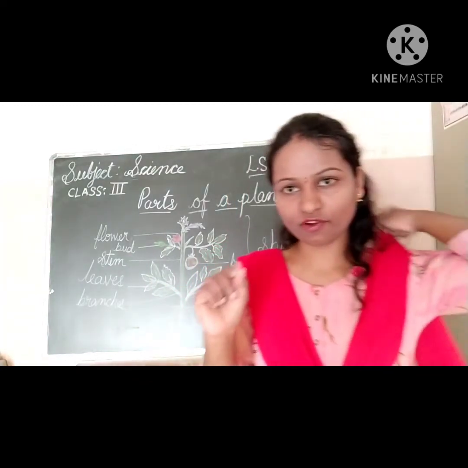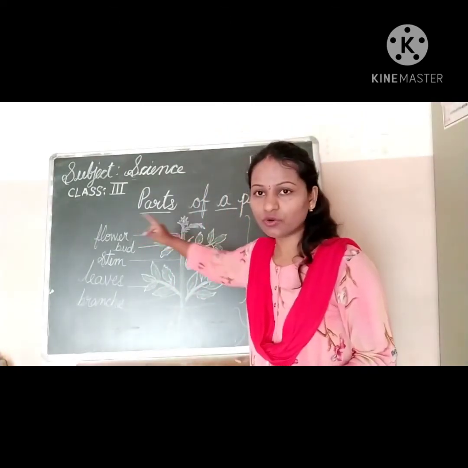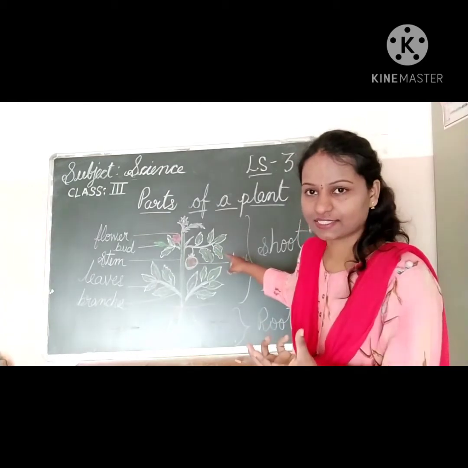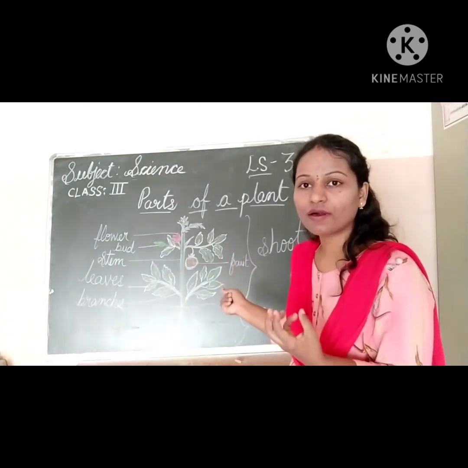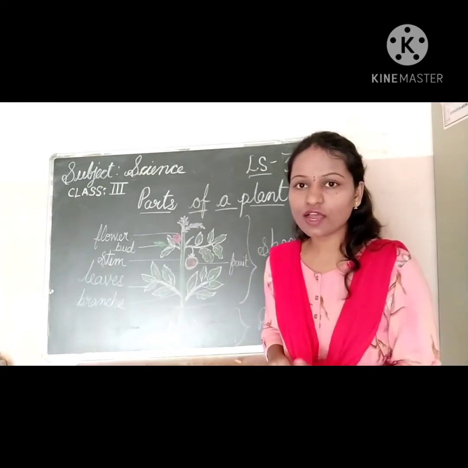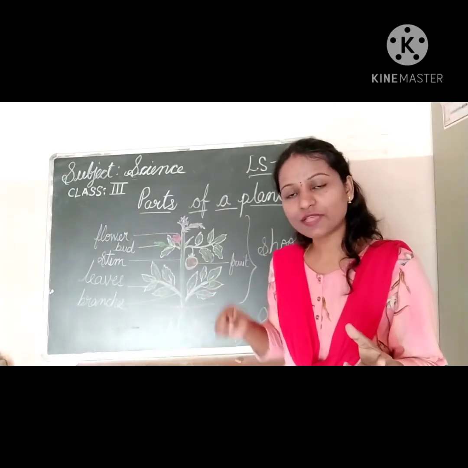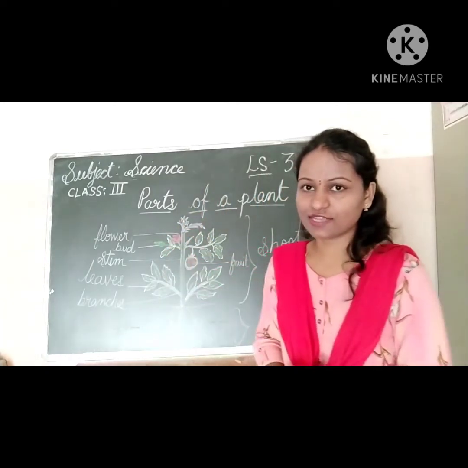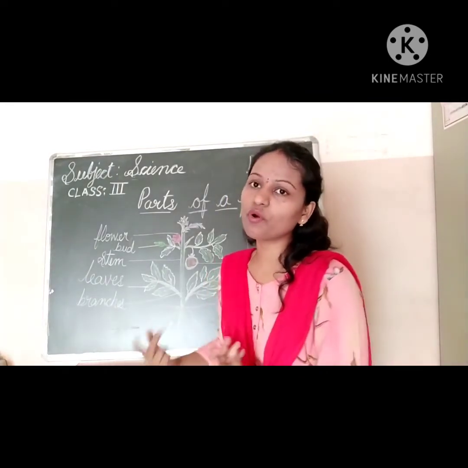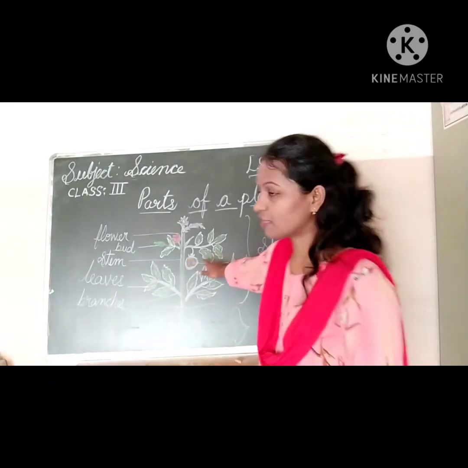Okay, children? I hope you have understood. I will just repeat it. Flower converts into fruit. It consists of what? Seeds. Seeds help fruits to ripen. When the fruits are ripened, we eat them. And when we remove the seeds, those seeds help to grow other plants. Understood, children? So seeds are very important for us to grow more trees and more plants. So where are the seeds present? The seeds are present in the fruit.